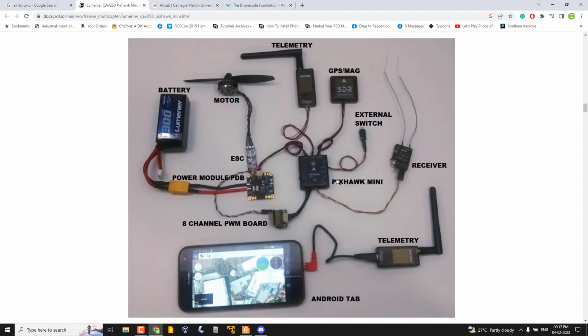Okay, so I think you got an idea how a drone circuit will look like, right? Sir, yes, but sir, Kalpesh, kindly repeat about the telemetry part. Yeah. So telemetry means